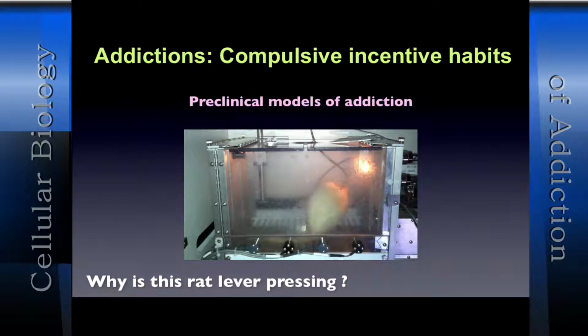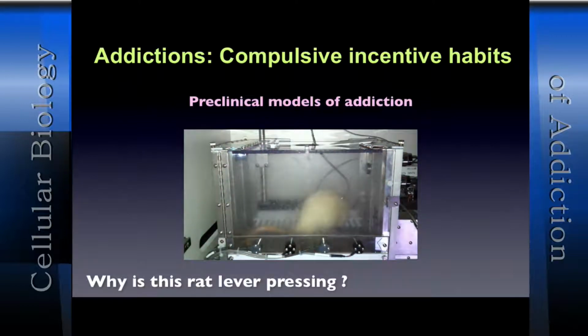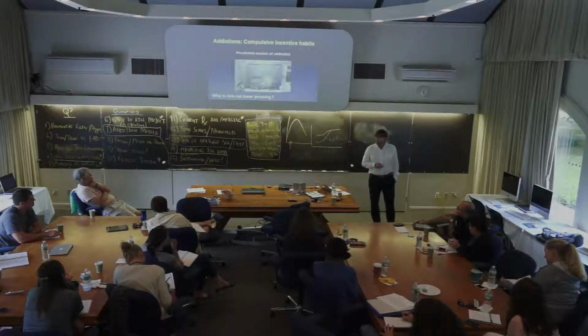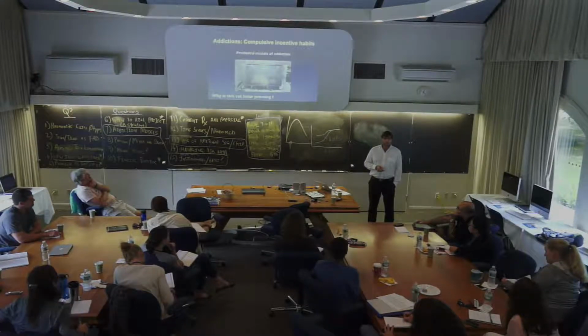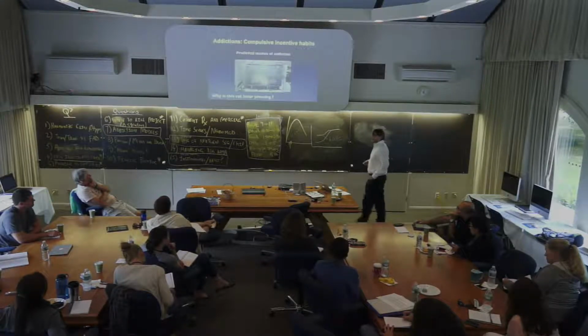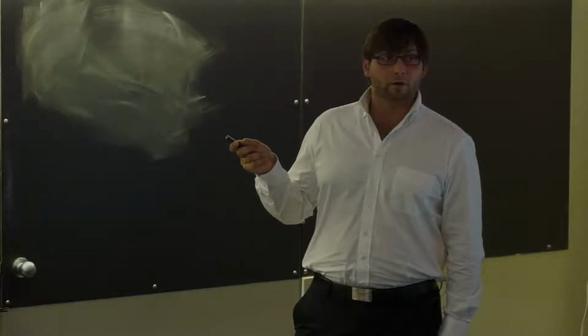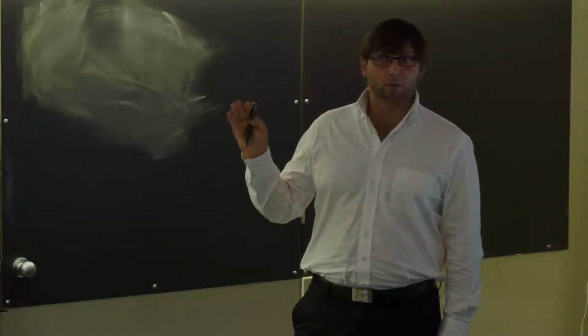And the main question is, why is this rat pressing this lever? Is the animal pressing the lever because he wants the drug, or is he pressing the lever because every single time he's put in his box, he's got nothing else to do than pressing a lever, and actually he's got drug in there? That's the key question. But definitely what matters is this is nothing of relevance with regard to addiction. This is an animal model of drug taking.